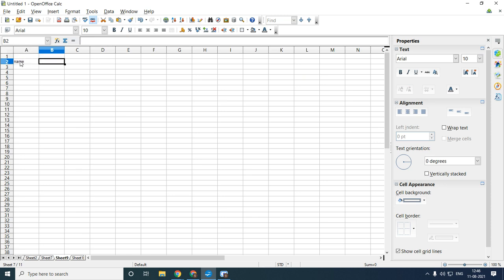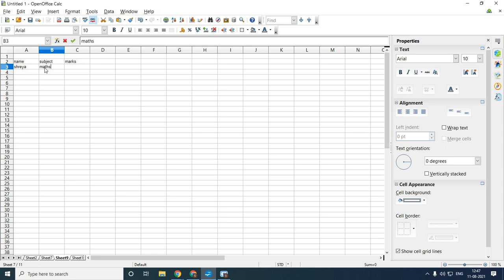Now here I'll take one example, that is your student example. I'll write the name, and here I'll take the subject, and here I'll add the marks. So you are entering with the help of the keyboard. Now I want to find out only Shreya's marks.